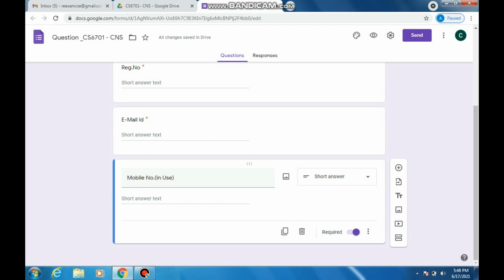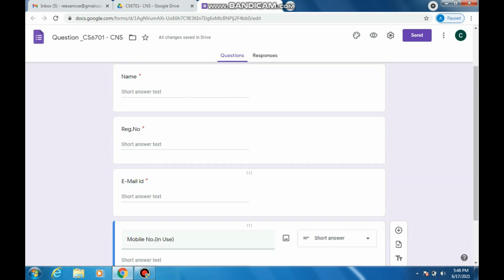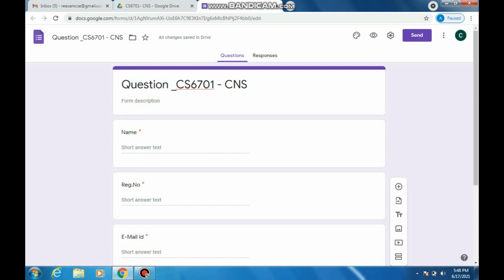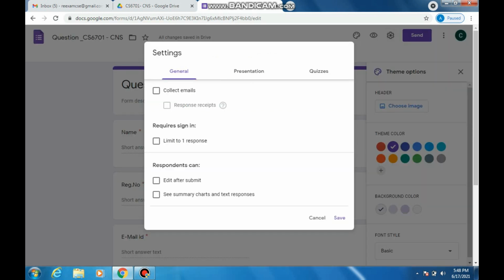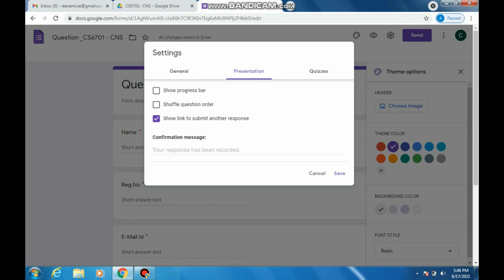Once the students submit this form, they immediately want to download the question paper. For that we have to go to the settings. In this presentation there is a confirmation like this: your response has been recorded. Whenever a student submits this form, this message is automatically displayed to the students.